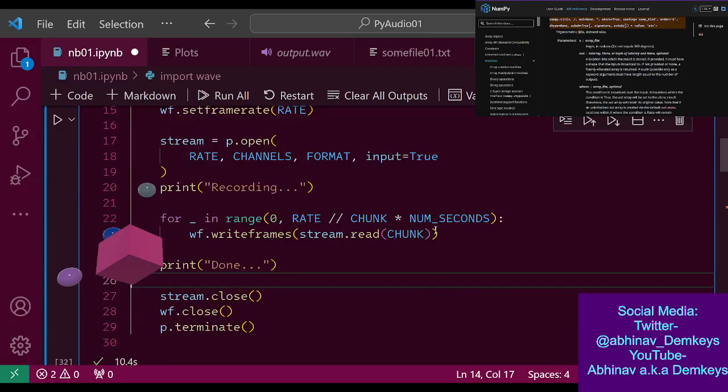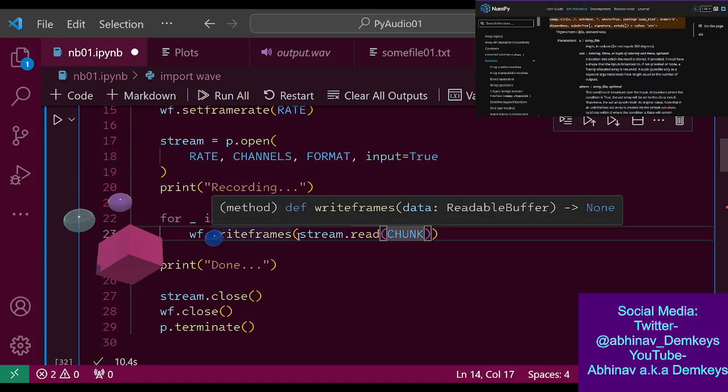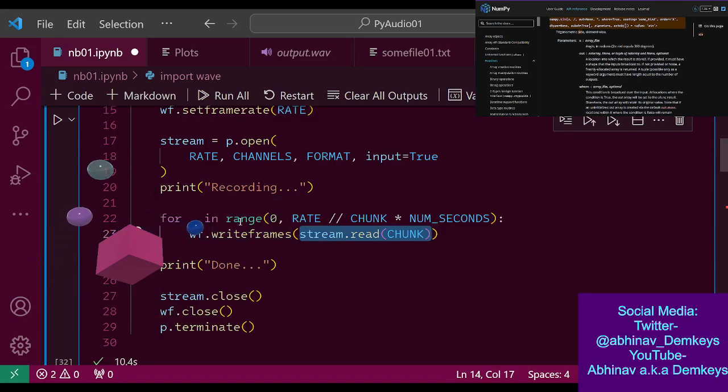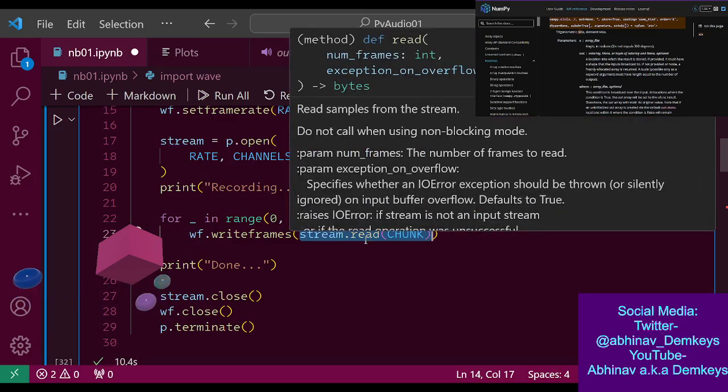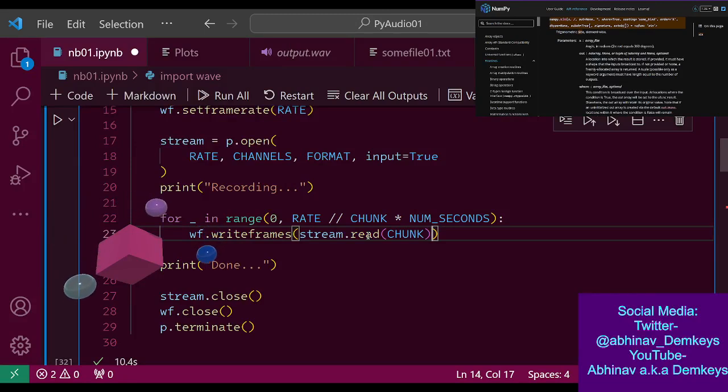And it's kind of interesting. Yesterday and even today, I spent some time doing research on this specific portion, stream.read. This is the part where it reads from the current input device, which in this case would be my mic.